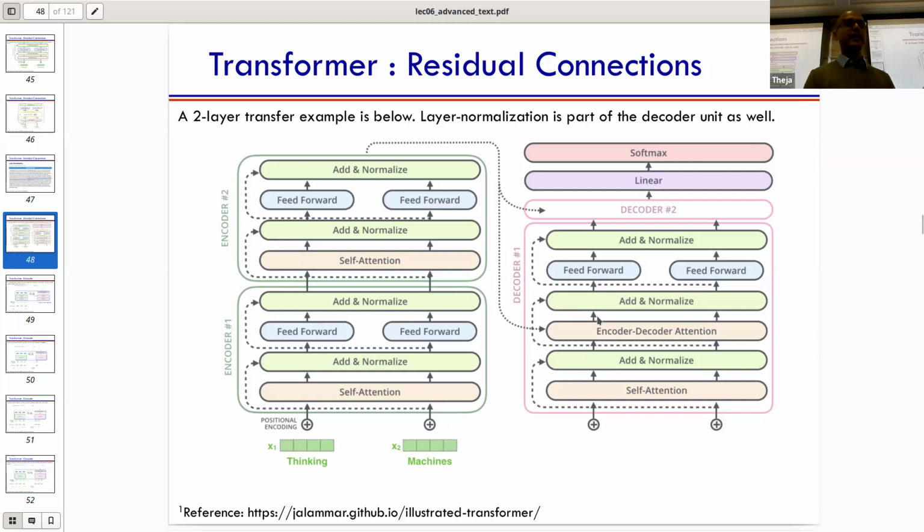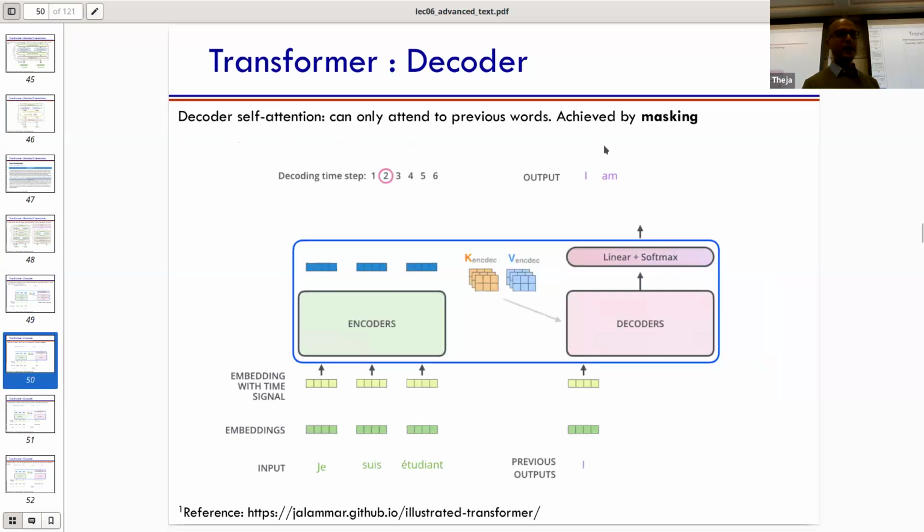At the very beginning, you don't have anything else to decode, so it's a very straightforward linear transformation, add and normalize transform. And then you get a linear layer to transform back to the distribution over vocabulary size. Then you get the scores, you do a softmax, and you get a distribution over vocabulary, right? Now, once you produce the first output, taking the word with the highest probability, let's say that's I, then you feed that I back down. So that will be your start token, and now you have your first word.